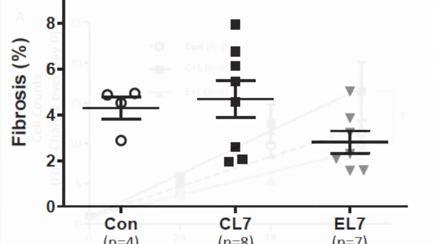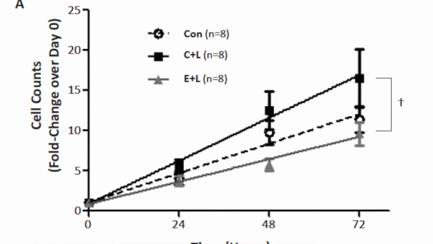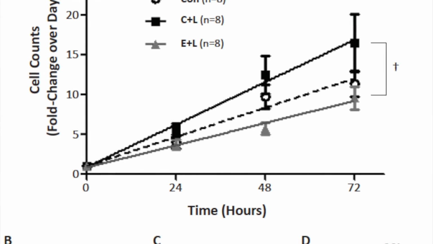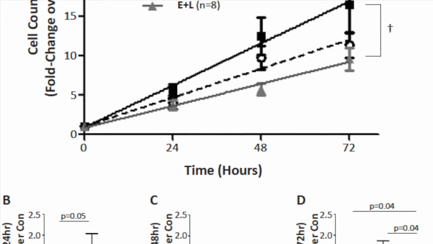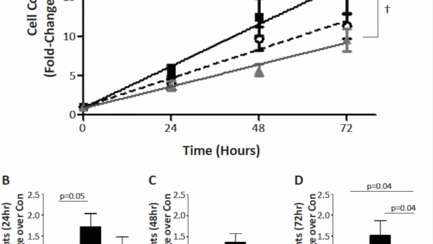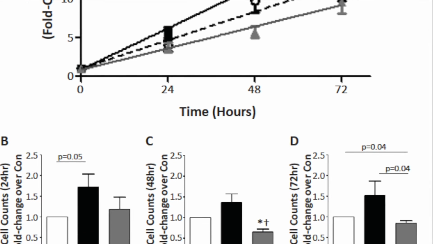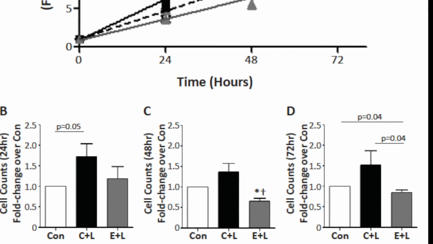Enalapril reduced proliferation of fibroblasts and collagen expression. These findings demonstrate that in vivo L-NAME treatment produced phenotypic changes in fibroblasts that persist in vitro. Overall, this is the first demonstration that transient ACE inhibition can produce a persistent modification of cardiac fibroblast phenotype to one that is less inflammatory and fibrogenic.